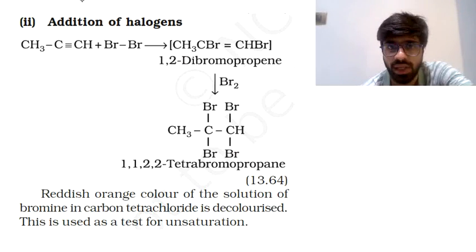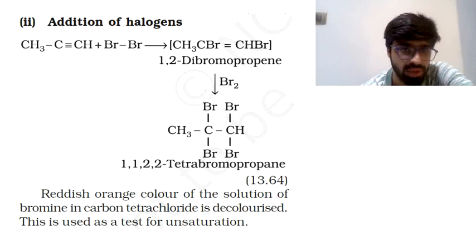Okay, so like we said, reaction with bromine water will make bromine add across the triple bond or the double bond if it is present, and these are the kind of compounds that you get. And keep in mind, if the reaction is in the presence of UV, then bromine or chlorine, if it is present, is going to add on the sp3 hybridized carbon atom by replacing the hydrogen atoms.